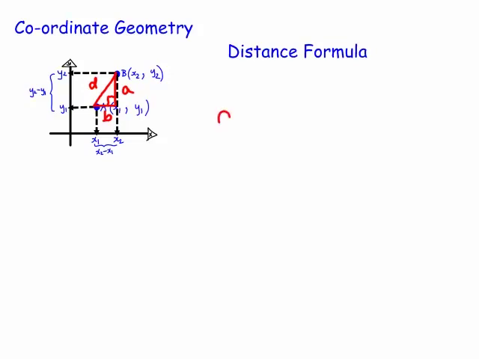So we know that d squared equals a squared plus b squared, but I'm actually going to write it as b squared plus a squared. The reason I do this is because I normally put the x's before the y's. So when I actually do this, I do a substitution